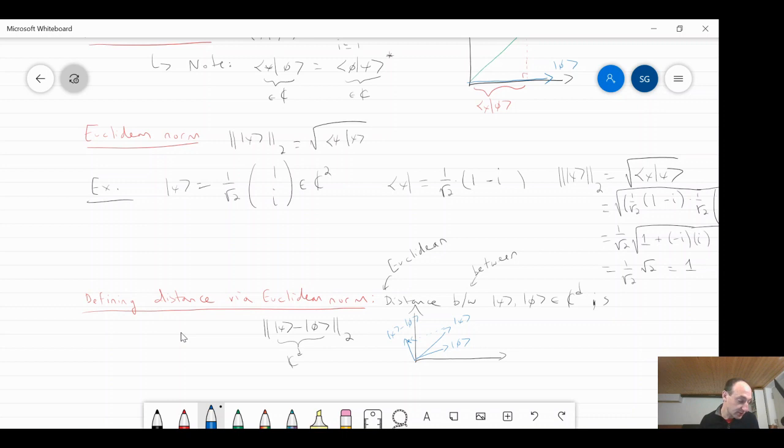Okay, and so the reason why this is important, of course, is because if we're saying that two quantum states are represented by complex vectors, well then, how well we can distinguish two quantum states via a measurement in experiment is going to depend, of course, on how close two states are, right? If you have two states that are very, very close in, say, the Euclidean norm, then it's intuitively going to be very difficult to distinguish these two, right?